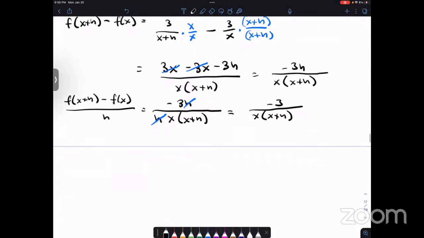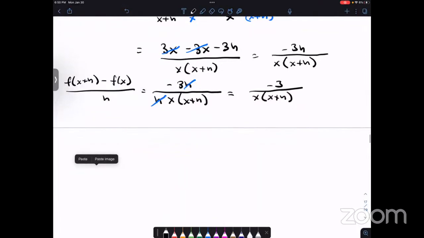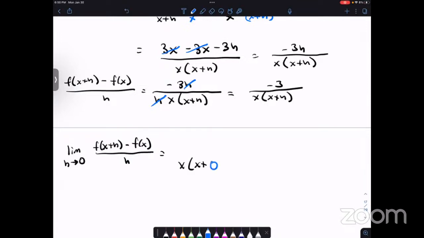Okay. And again, all the stuff that you see me writing, you're going to get a copy. I'm watching the clock. We have the limit as h tends to 0 of f of x plus h minus f of x all over h. Essentially, you can just replace the h with 0. We're going to have x times x, and again we replace the h with 0 there, under -3, okay? So then ultimately we get -3 over x squared. That's our f prime. That's our derivative. And I'll just put that here.